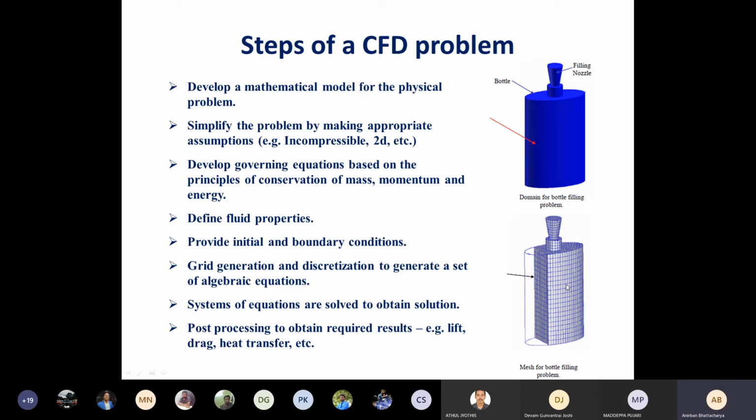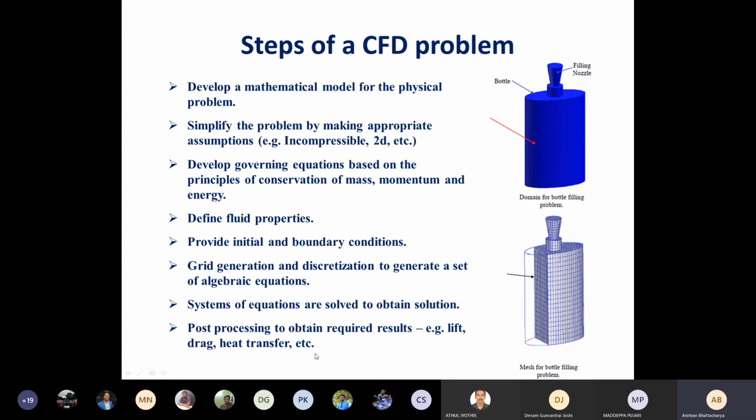For example, here I want to know, say, the shear stress at the wall. I will get the velocity by solving the equations. So from that I have to calculate the velocity gradient at the wall and find out the shear stress. Then similarly I can get the heat transfer. If I know the temperature gradient, I can calculate dT/dx and k dT/dx and find out the heat transfer. So this is known as post processing. Analyzing the data here actually happens after post processing.